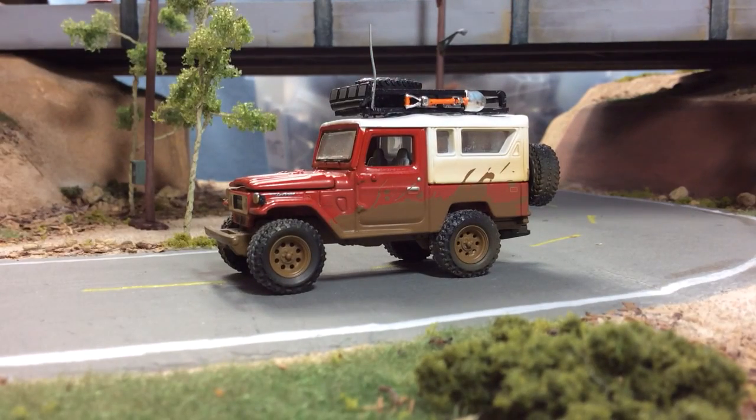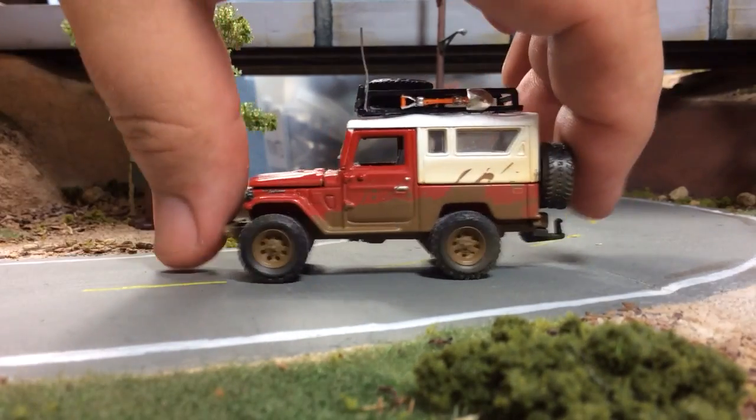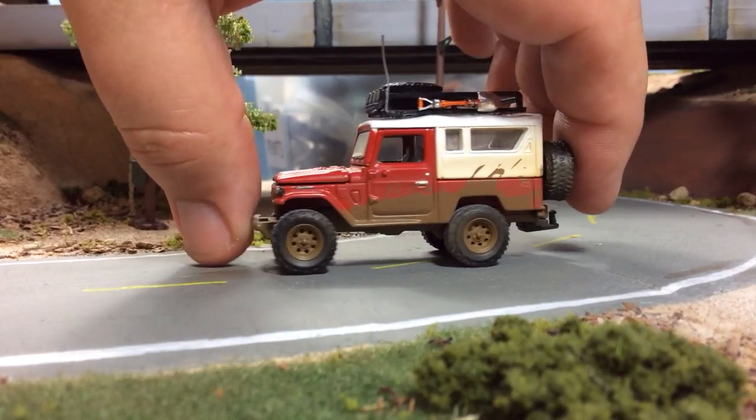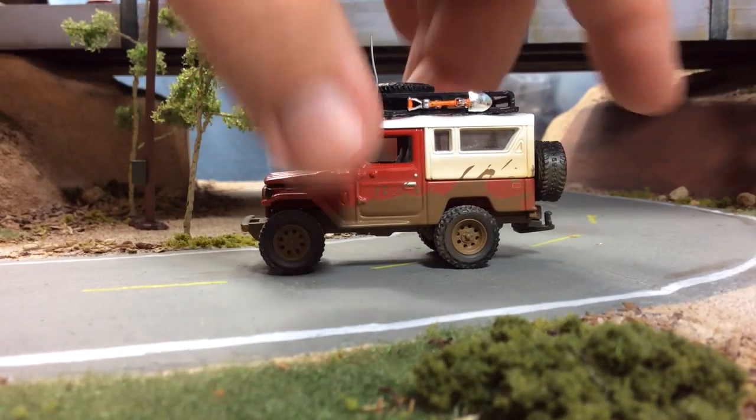Most collectors should have those laying around, so you shouldn't have to butcher a casting for a spare tire. But anyways, this was my creation. Like I said, I've seen other people do safari racks on customs and stuff like that, but I've never really seen them to this extent with the shovel and the pickaxe and the spare and the light bar and the antenna. And it was only, I don't know, 6 months